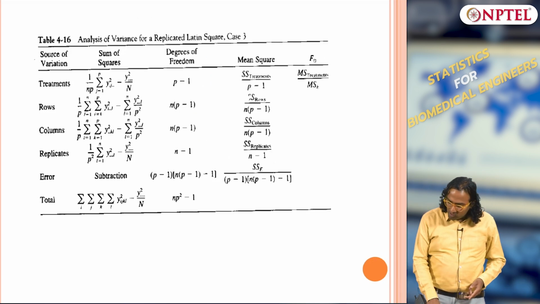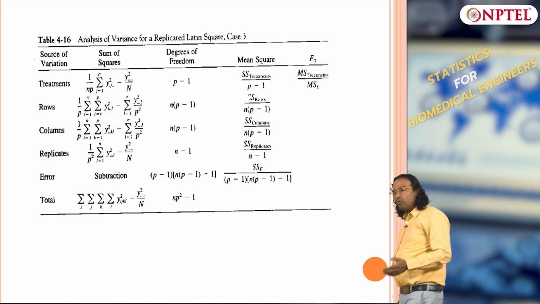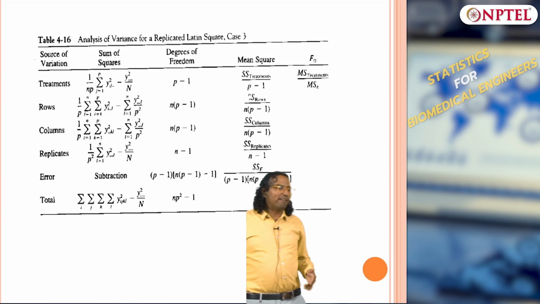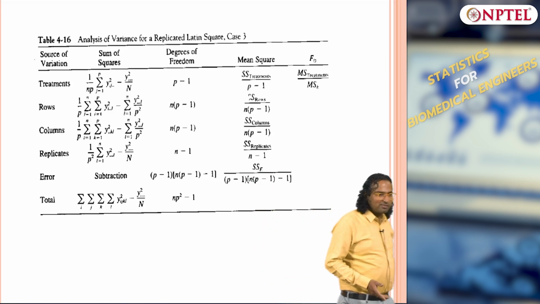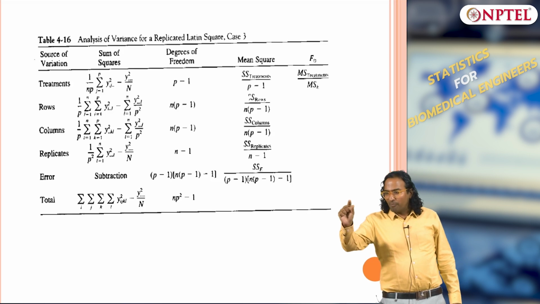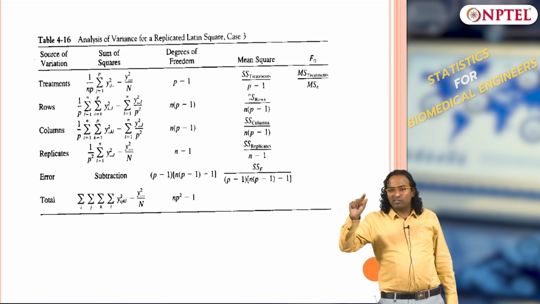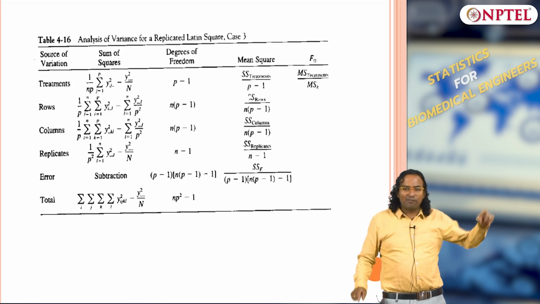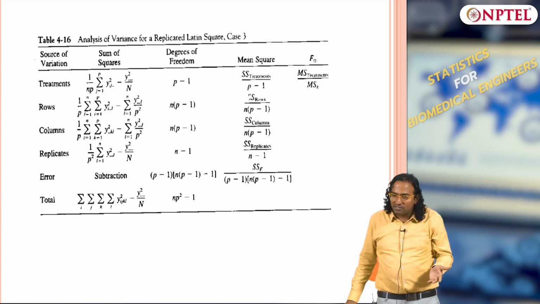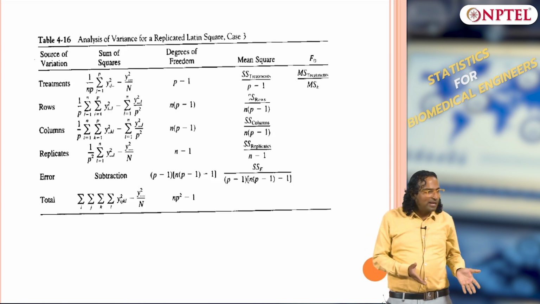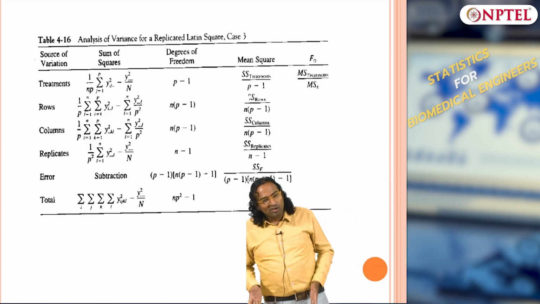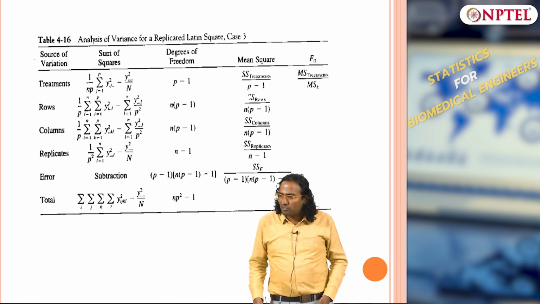Okay. Now there is a case where I would not have been able to replicate both rows and columns. I do not have control over both the nuisance factors. Imagine my treatment dosage is the same, but the batch based on which this drug is made is different from the other batch. Remember, batch to batch variation exists, right. Of course, your batch of medicine could be good or not the same. When you are testing, you have to account for batch to batch variation.